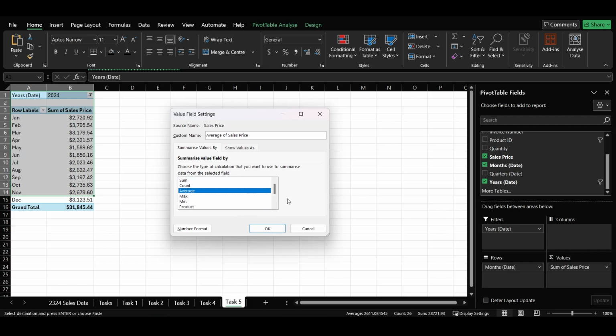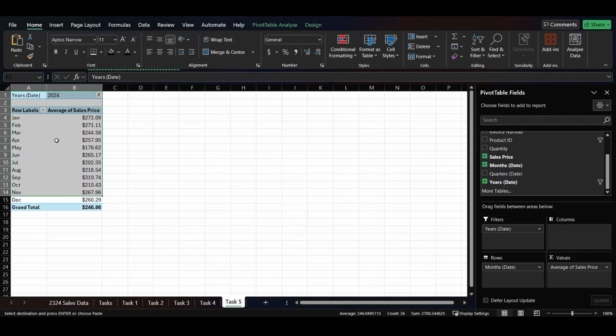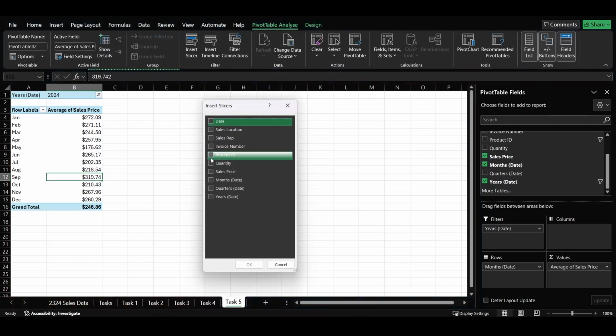You can see there's a couple of different things. We can do count of sales, sum of sales, max sales, minimum sales, etc. But for this, we're going to do the average sales by month. Select OK. And here we have all of our data. Each month, the average sale was whatever it says right here. So in October, every sale averaged out to about $210. For September was $319. Let's go ahead and get a slicer in here, filter by year, select OK,